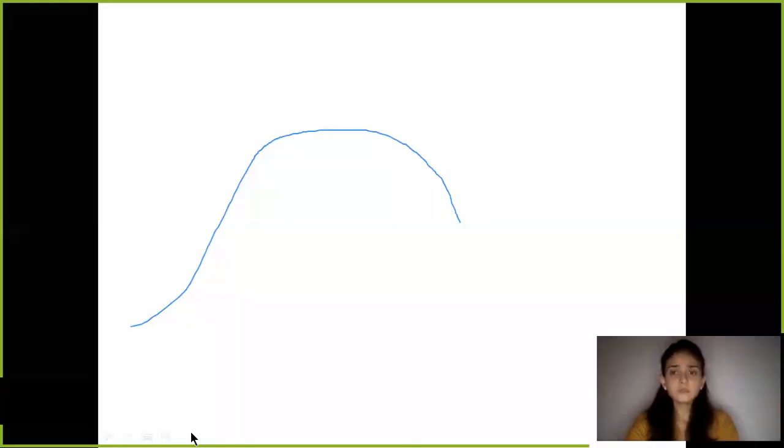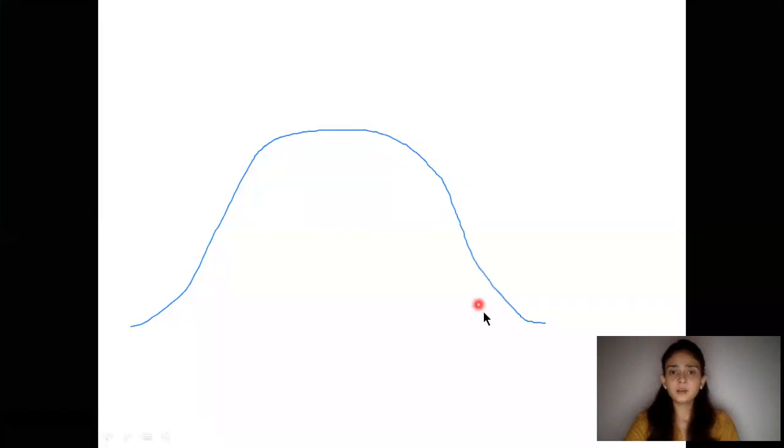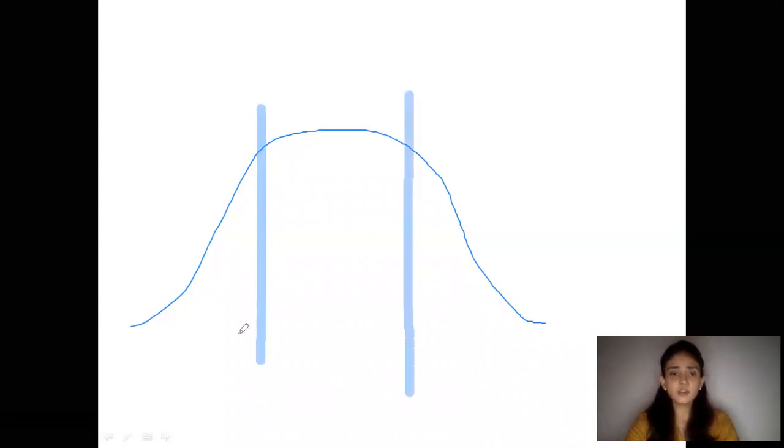Suppose over here I am drawing one graph like this. The maximum number of your data values are present in this particular range, and there are very few values in this range and very few values in this range.